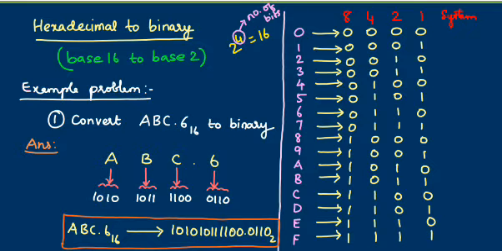So we'll see how we get the binary equivalent of all the 16 hexadecimal digits. Start from 0, 0000, 1 means 0001, 2 means 0010, 3 means 0011, 4 means 0100, 5 means 0101, 6 means